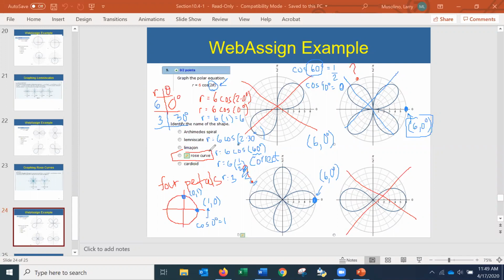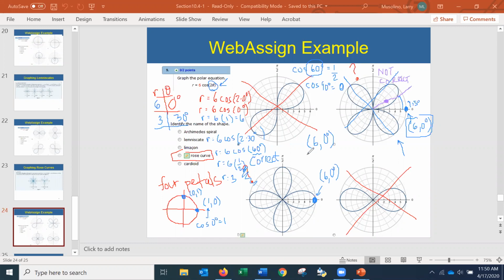Okay, so let me come up to this graph in the upper right-hand corner. Remember, each one of these slices is 15 degrees. So if I want to go to 30 degrees, it's going to be this radial line. Let me do it in purple. Here's the radial line that represents 30 degrees. Then I'm going to go out a distance of 3. So this purple dot is 3, 30 degrees. But notice it's not falling on the graph. So again, this tells me that this graph is not correct.